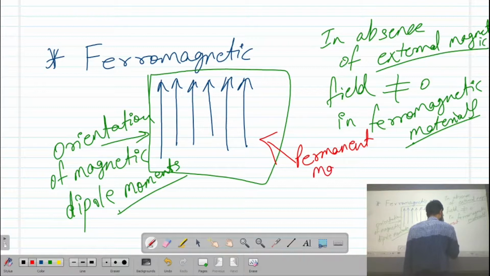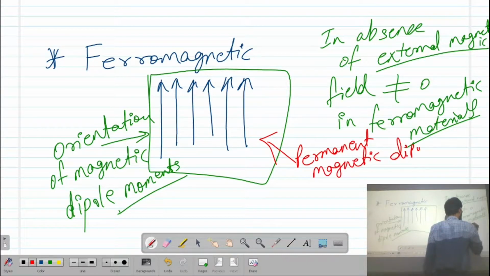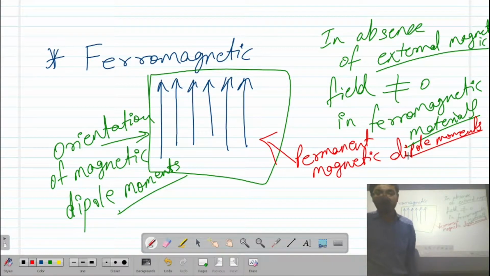These are permanent magnetic dipole moments, right? So that is known as ferromagnetic material.